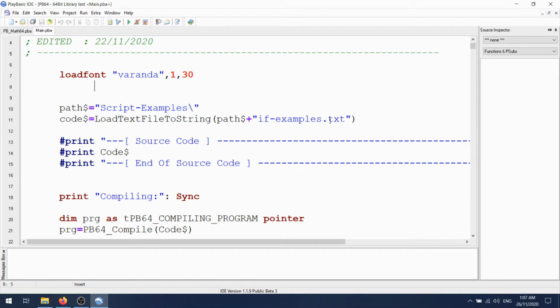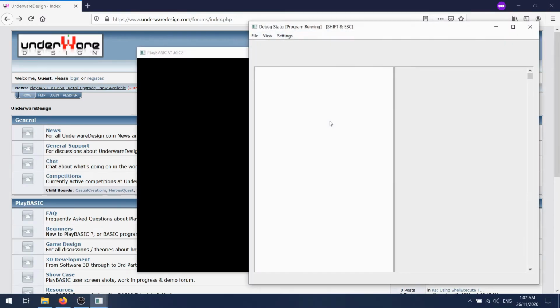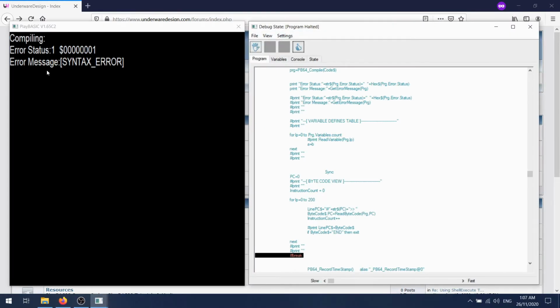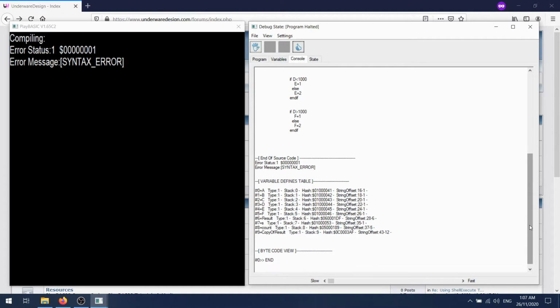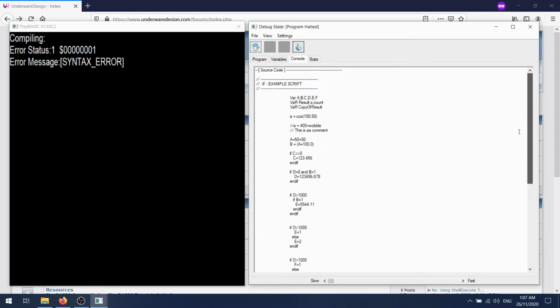Let's see if this version here compiles. I didn't bother to check before. Let's check why we've got a syntax error in the code. And we do, because this expression here is invalid. We don't have an error for that occasion at the moment. We've got a function here that normally takes one parameter that's being passed two parameters, so it should give you an error like, incorrect parameters for this particular function.